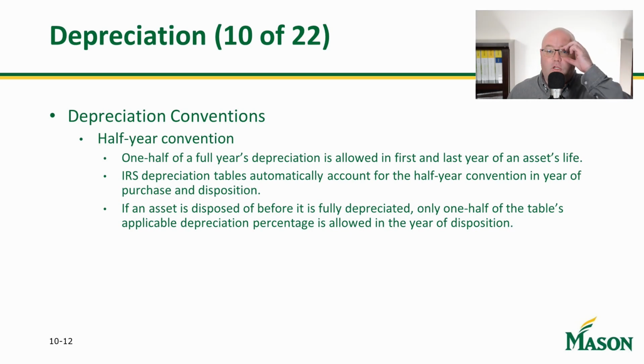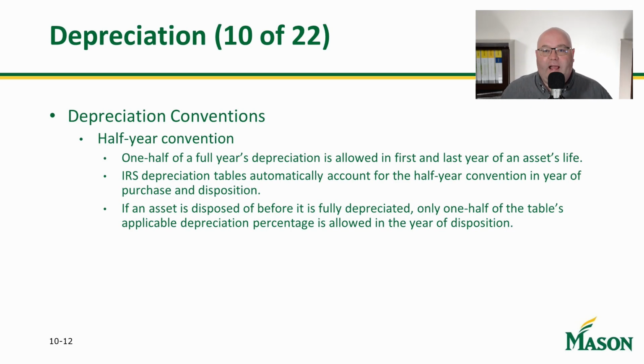You want to make sure that you depreciate it accordingly. The depreciation automatically calculates for the half-year convention in the purchase and the disposition. Now, let me tell you something: 99% of the time, you're not going to be the one doing the calculation. It's going to go into the tax system. You tell them when they bought it based on the best information that they have, and then you say, okay, we're going to depreciate it as of this date. If you know the assets weren't all bought at the end of the year, it doesn't really matter when it was bought, because it's going to get depreciated the same way.